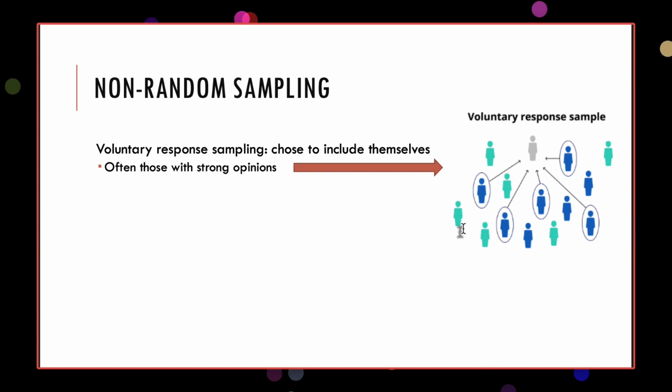The people who volunteer for these things often have reasons to do it. For instance, I volunteer for neuroscience studies because I think brain research is really interesting, but that makes me different from somebody who would never volunteer. I'm probably more interested in science. I have more free time. I enjoy being a research participant. So this creates volunteer bias. People who self-select might systematically be different from those who don't volunteer. The upside is that voluntary response often gives you the biggest samples because you can cast a wide net and easily get people to participate.